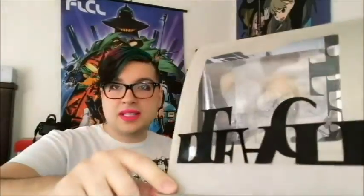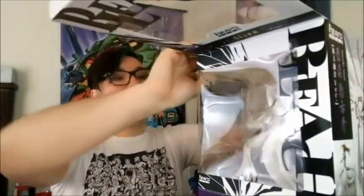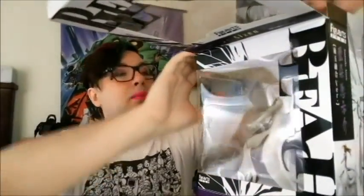But the box is super cool with this figure. You have Bleach written everywhere on the plastic and on the box. It shows many different types of cool, fun poses for him. He's got a fun window on the top. But enough about the box. Let's party. So inside the box we have